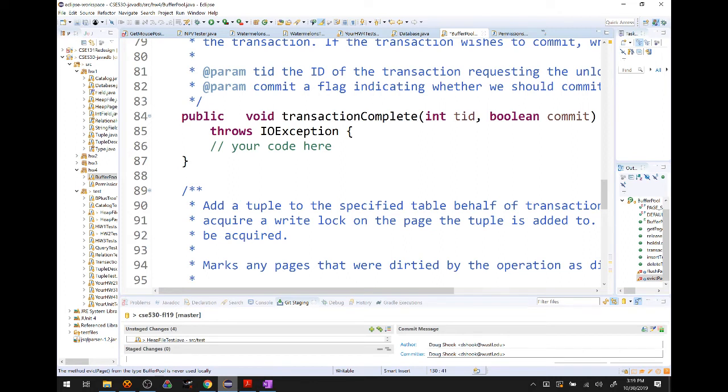Don't just try and slap some code up there and pray that it works. Take some time, sit down, sketch it out on a sheet of paper, think very carefully about what data structures you want to use to track your locks, because that decision will hopefully make your life a lot easier if you put some thought into it and get it right.